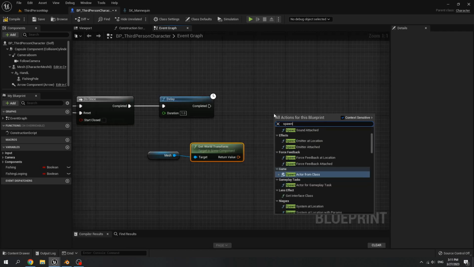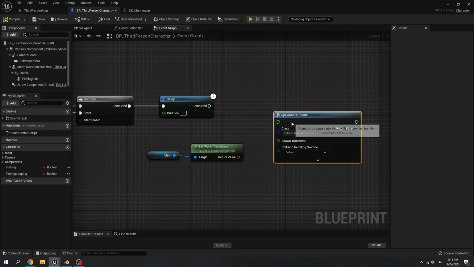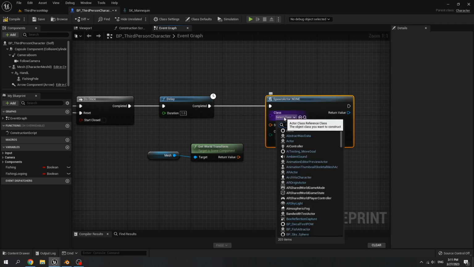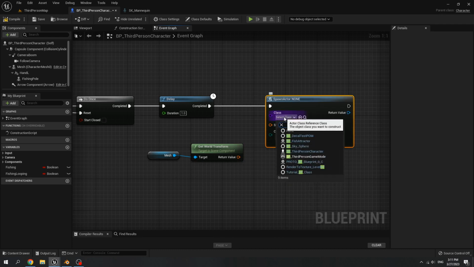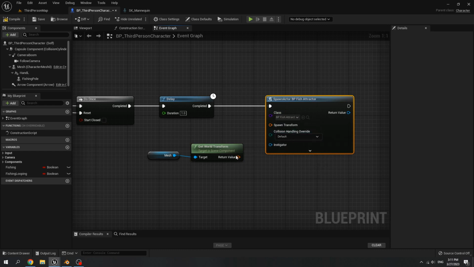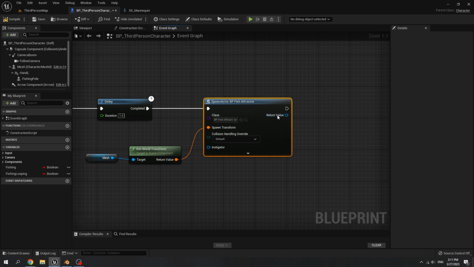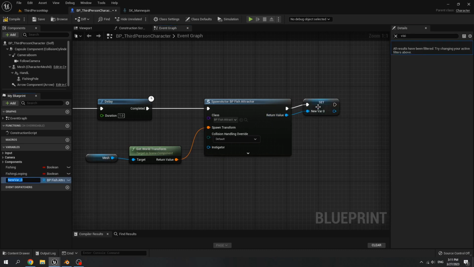Call spawn actor from class. For the actor class is Fish Attractor. Connect the transform to spawn transform and right click on the return value, promote to variable. Name it fish attractor.